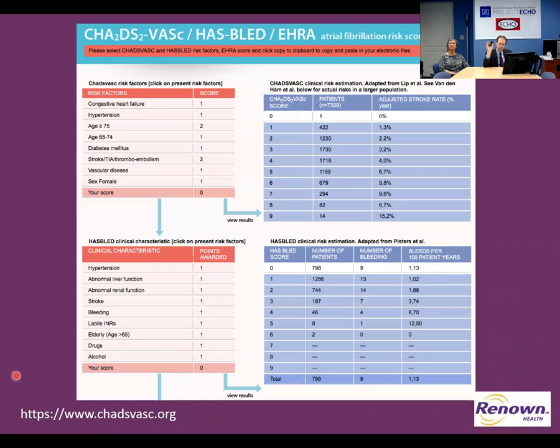So the most common situation that I get into anti-thrombotic therapy in is stroke prevention with atrial fibrillation. And so it's very important to define the risk of stroke and discuss this with patients, defined by the CHA2DS2-VASc score. If you remember, not that long ago, maybe 5-10 years ago, we were primarily using the CHADS-2 score. The CHADS-2 score would be congestive heart failure, hypertension, age, diabetes, and previous stroke.